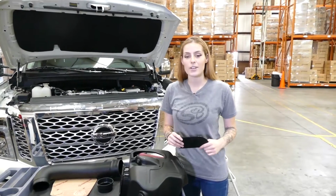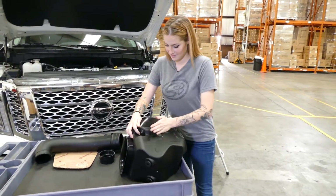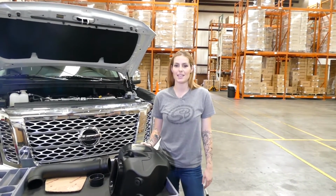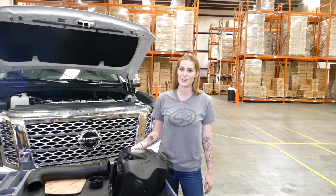Step 16, if you're concerned about engine heat, we give you an optional plug to seal off the airbox. People always ask me, should I use the air plug or not? It really comes down to the climate that you're driving in. If you're in colder weather, you're going to want to take it out so you get maximum airflow, as opposed to living in the desert where you might want to keep it in so you keep away the excess engine